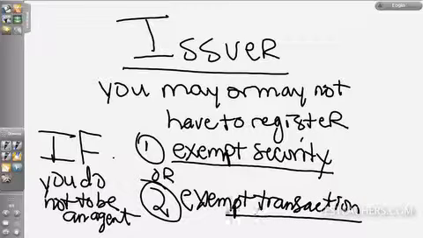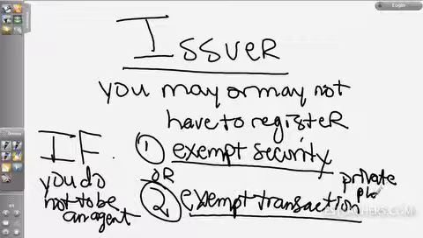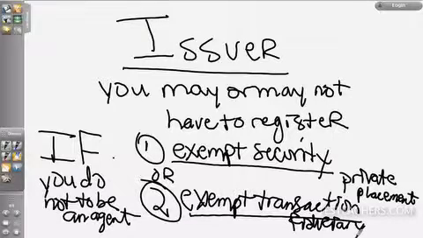If you sell through an exempt transaction. So there's a whole section on exempt transactions coming up, but as a preview, a private placement is an exempt transaction. A private placement is a way in which a company can make no more than, under state law, 10 offers of securities and does not have to register those securities. The way in which they're sold is called a private placement. It's very controlled, and we'll talk more about it. Fiduciary transactions are also exempt transactions.